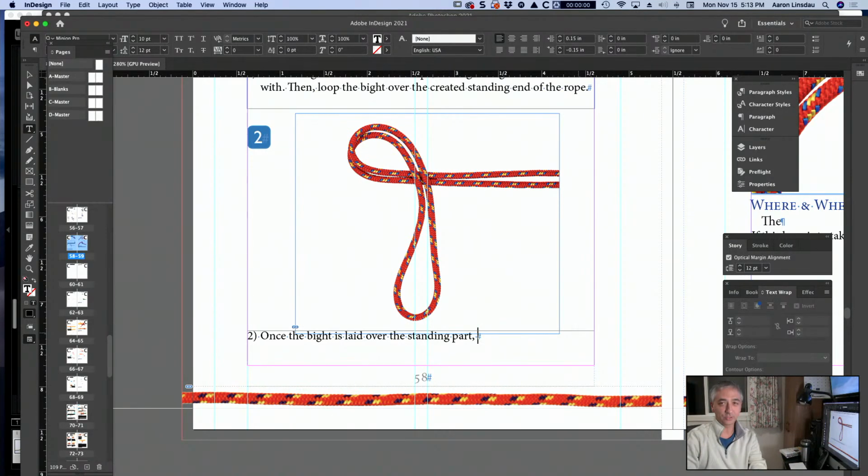That's the rope terminology. Once you learn the rope terminology, all this stuff makes sense and it's consistent. So I want to make sure to be consistent with the market and help you out. So when you look up other knots, you'll be like, oh, that's what all that means. So once this part is lower, the standing part, let's see, thread the standing part